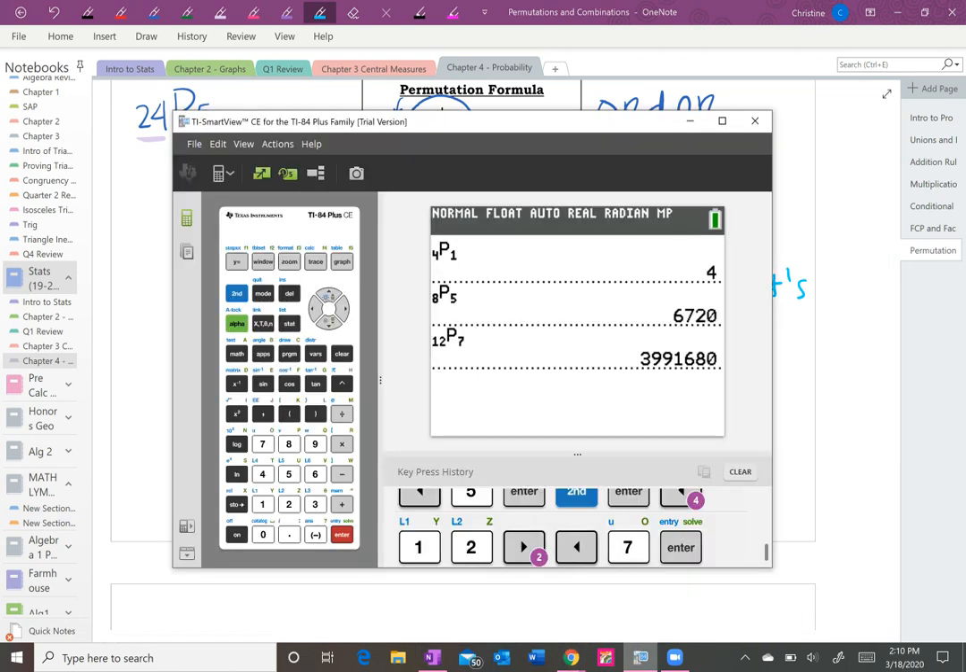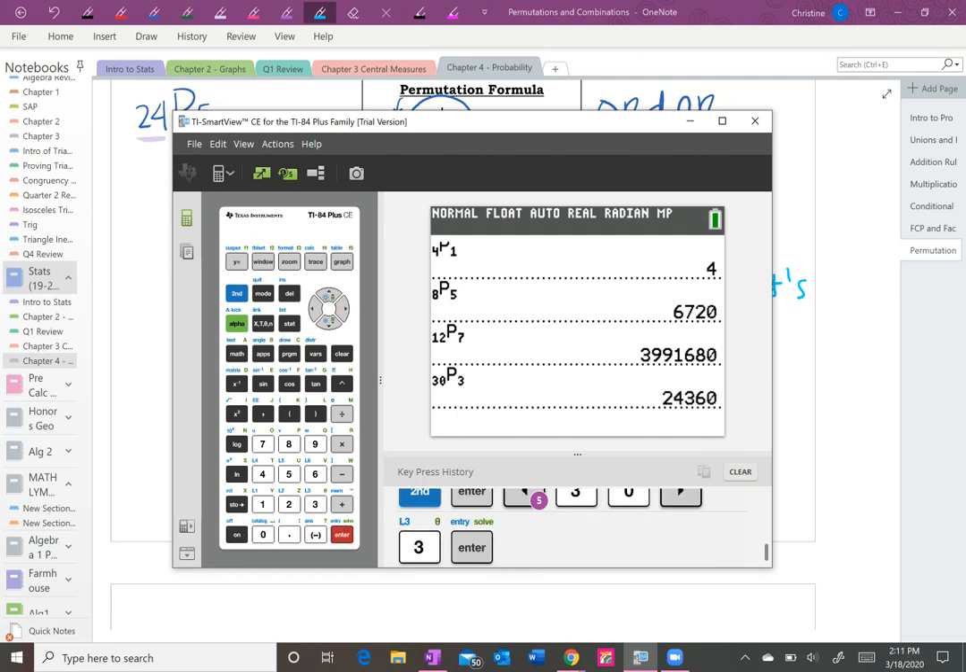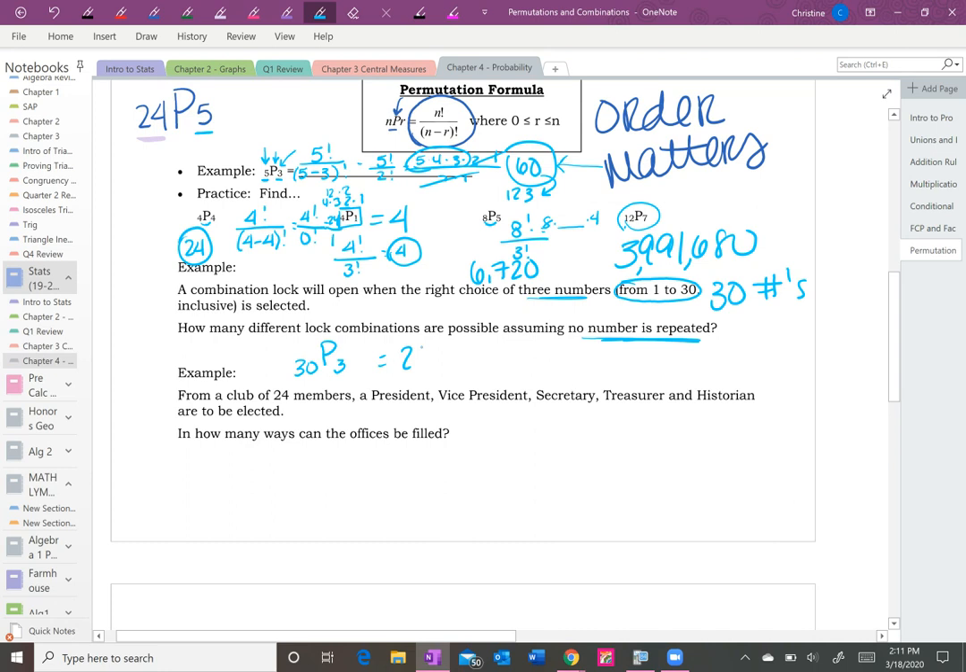30. Again, I'm just doing second enter on here. So it should be 24,360. So if you were trying to guess somebody's locker combination, you would have to try 24,360